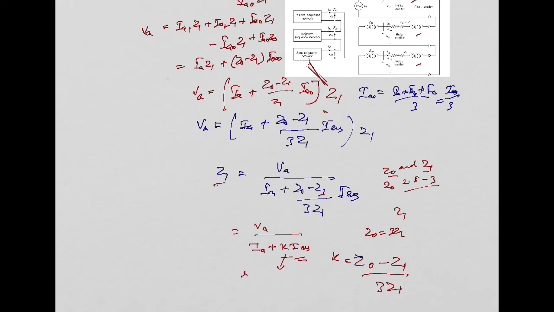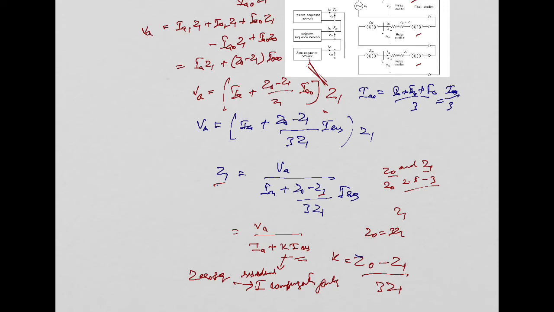So this is known as the residual current compensation factor, or the zero sequence current compensation factor. Therefore the three numbers of distance measuring units with inputs,